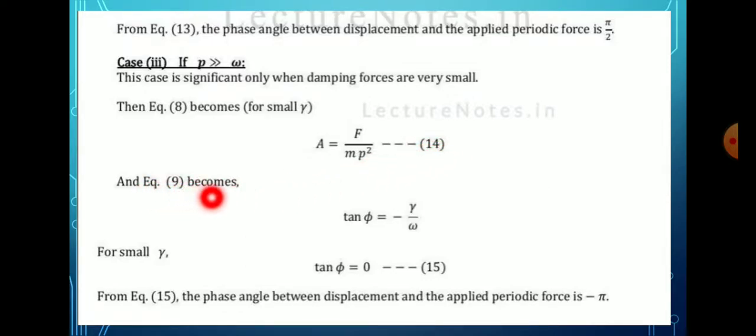Equation 9 becomes tan phi is equal to minus R by omega. Tan phi is very small, so this term is very small. Then tan phi is equal to 0. That is equation number 15. The phase angle between displacement and applied periodic force is minus